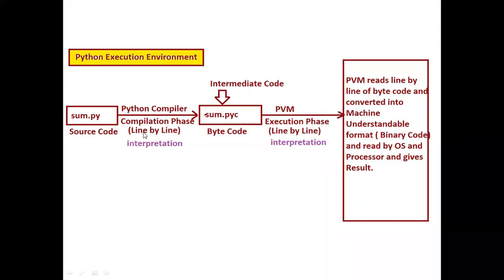Have you understood this? This is the source code. This is the compiler. It converts it into bytecode. Here the conversion takes place. And then in the PVM execution phase, the PVM reads line by line and converts it into machine understandable language, that is binary code, which is read by the OS and gives us the result. Okay, now next is